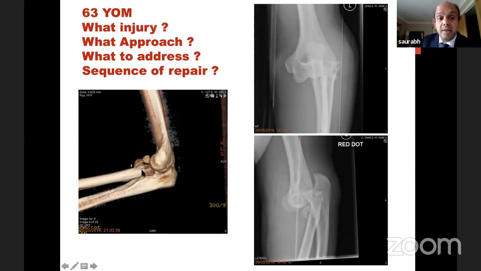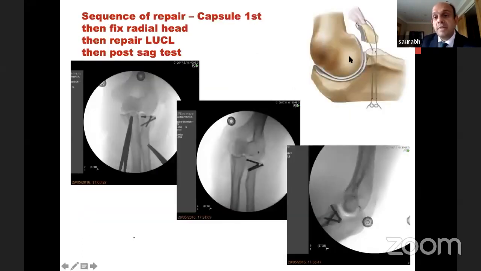Or even in this case, if I thought, despite taking these two pieces out, I cannot see the coronoid or capsule from the lateral approach, then I'll do a medial approach. I can't remember what approach I may have done. I may have done a medial approach, doesn't matter. The idea is to use the same suture lasso technique, bring your little flake or a pure capsule down, and then you address your radial head.